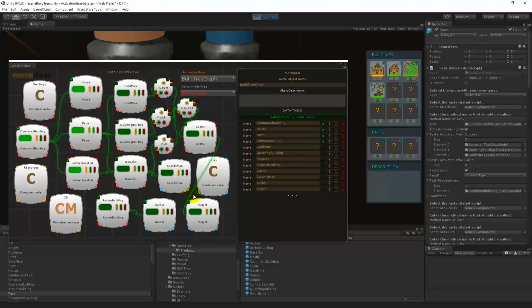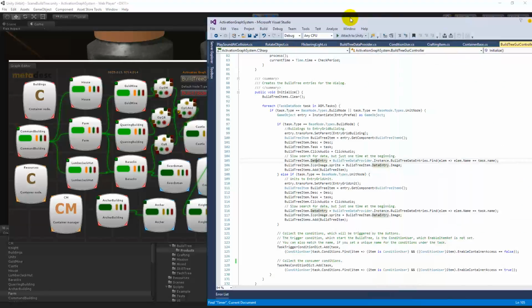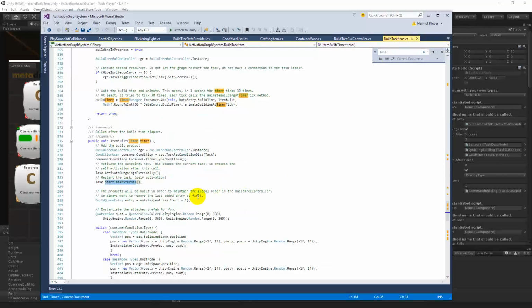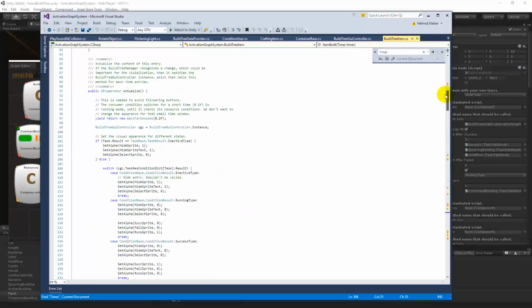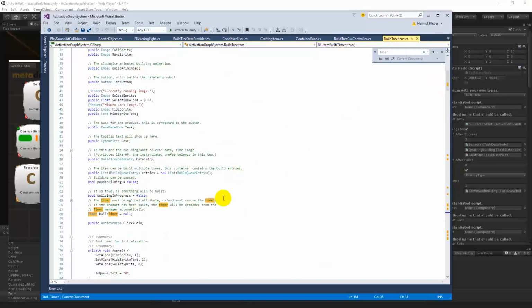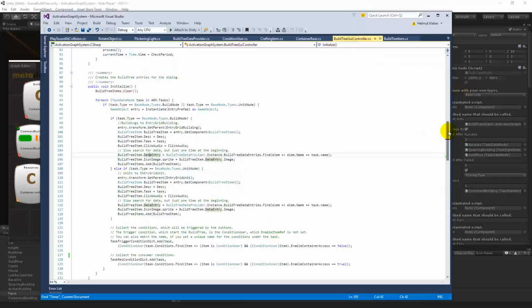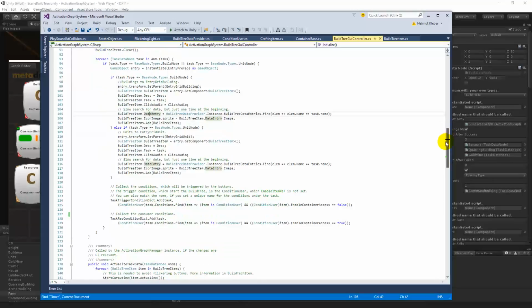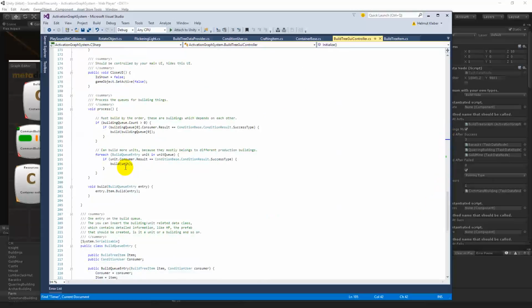The graph cares about the resources and the dependencies. The UI implements the queues. The items itself has its own queue. They must maintain its own queue because I can build more of them. And there is a global queue inside the main UI script, in the Singleton script, which then